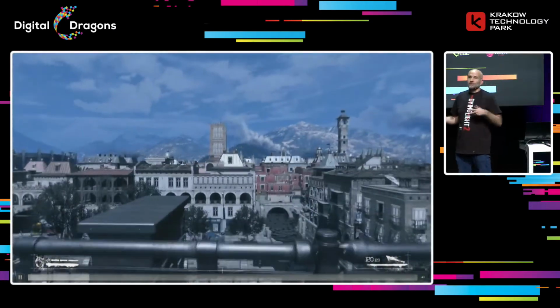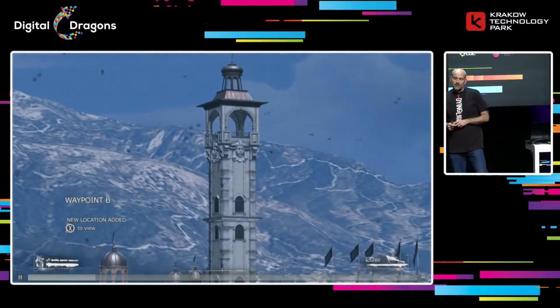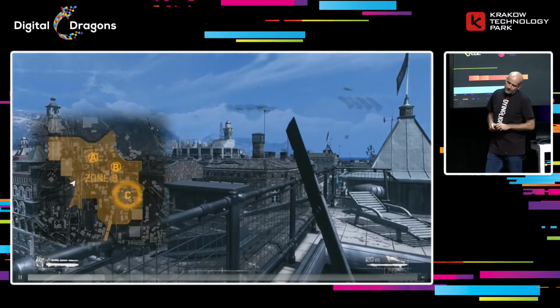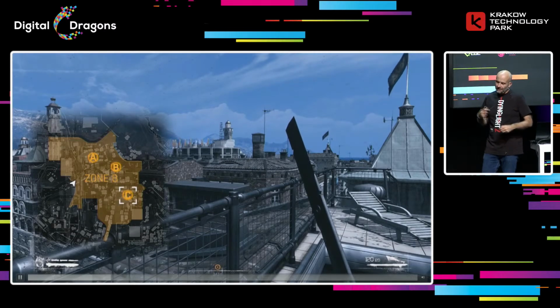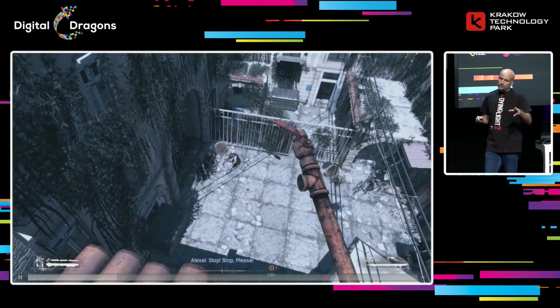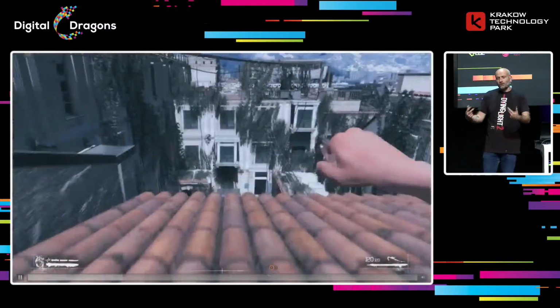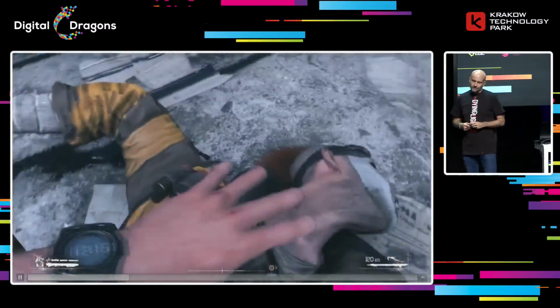We have shown some of the mechanics that we didn't have in the first game, but we wanted to have in the second game, which is, in this example, a very simple binoculars gameplay, with three likely spots where our friend could be. With focus on player agency, we want to create missions where the player has different options to choose from at any given point. We wanted to show how we envision the combat to look, connecting parkour.